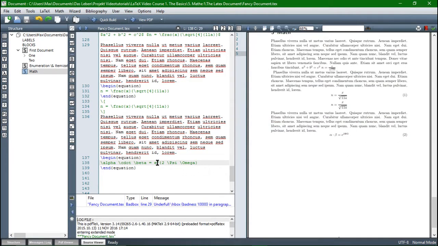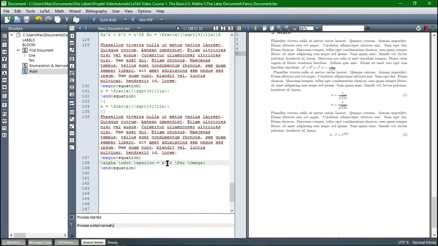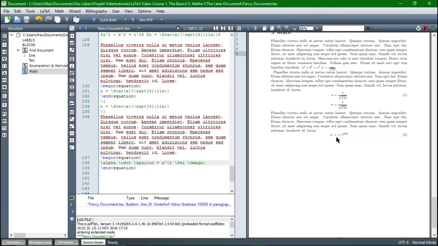Now you might want to have an epsilon. Really easy, just \epsilon. But when you compile, LaTeX gives you this epsilon, but there's also a variation, a different sign for epsilon. Just to give you a comparison, the command for this is \varepsilon. And yeah, here's varepsilon, here's the normal epsilon, and I think the varepsilon is the one that is